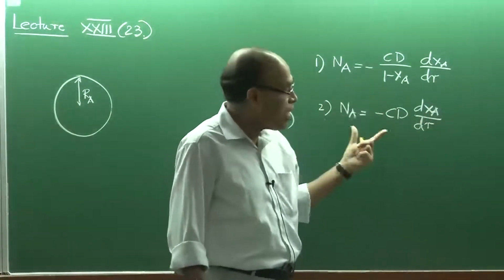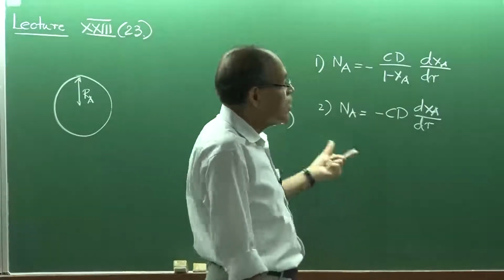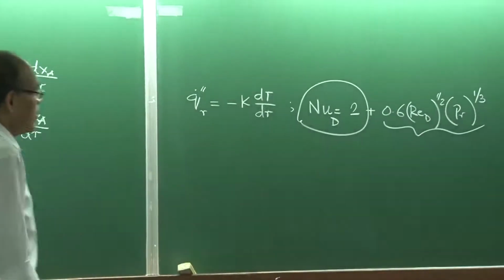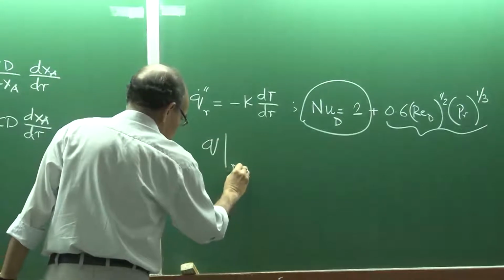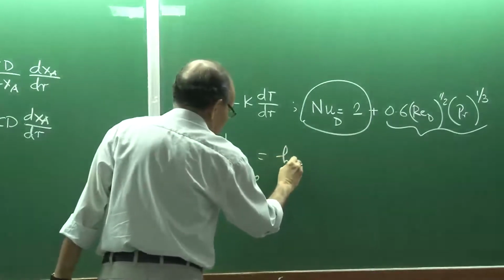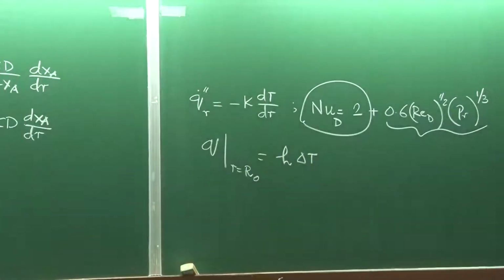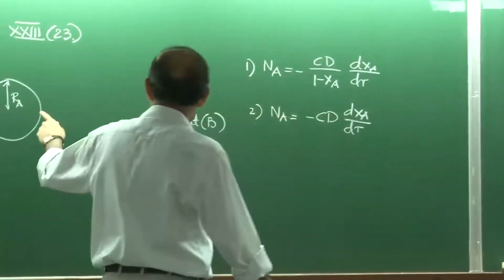in accordance with that, we'll see the definition of mass transfer coefficient later on. But you remember the mass transfer coefficient the way we have defined, okay? The flux at the surface was defined as a heat transfer coefficient times the temperature gradient. That is the surface heat transfer coefficient. So, if the mass flux is also defined at the surface of the sphere